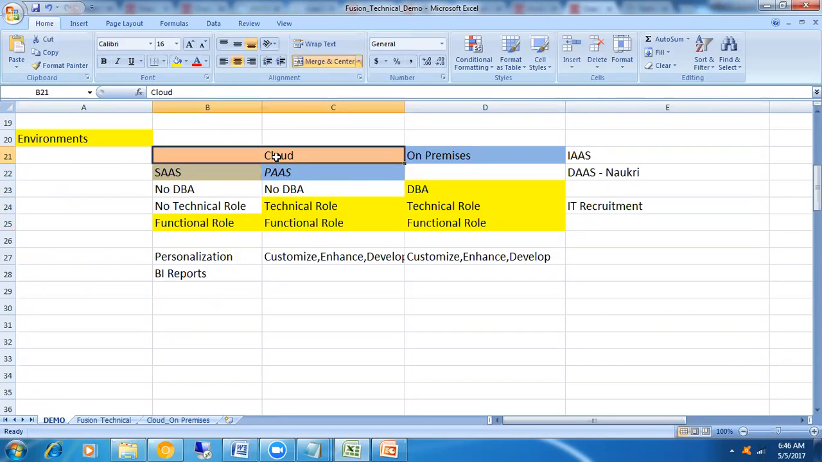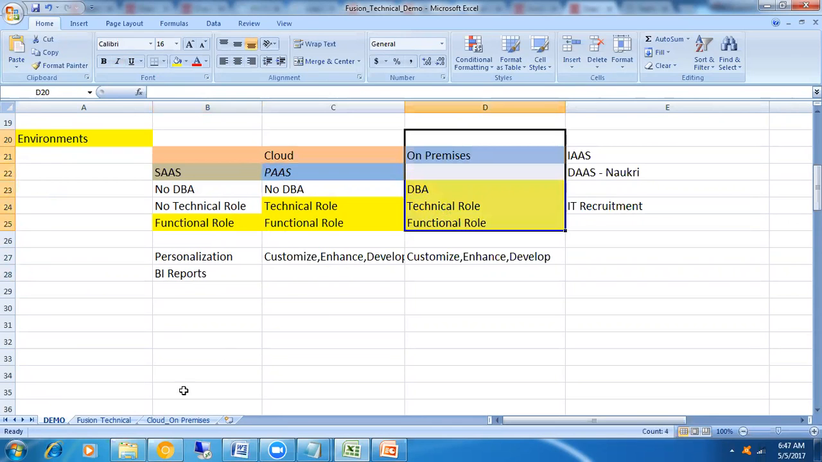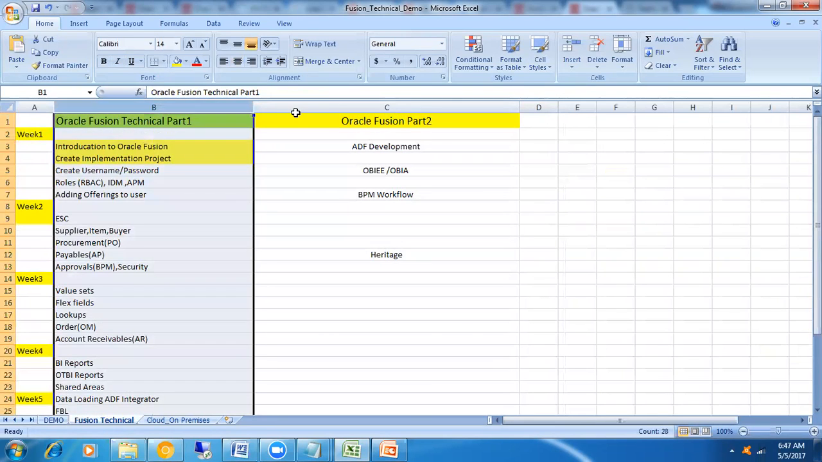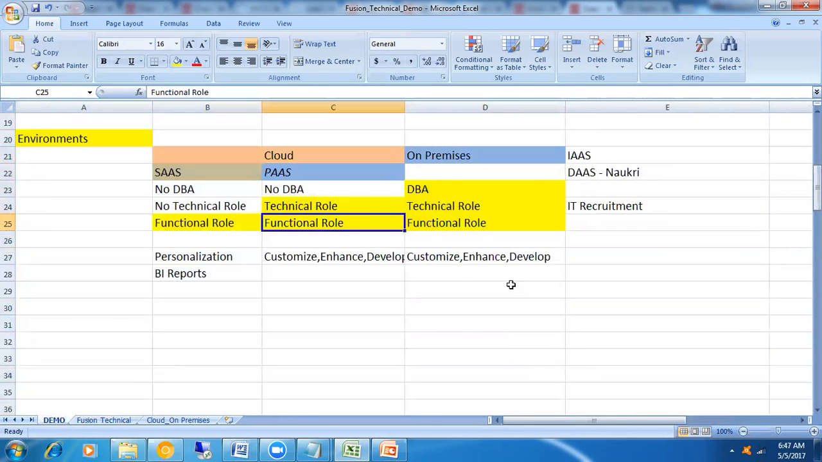So the reason why there are no technical jobs so far much compared to functional is, so far Fusion projects are going on in this area, cloud SaaS model. There we don't find much scope for technical. Only few things like personalization, BI reports, this. Okay, but when we go for PaaS model and on-premises, definitely these two, part 1 and part 2, both we have to learn, and both are going to be the options here. Okay, next,